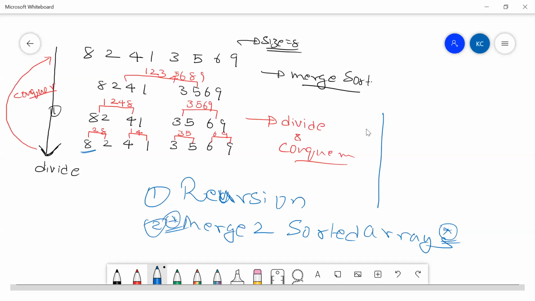For example, let's say I have two arrays. You need to write a method merge, and it has two input arrays, ARR1 and ARR2. You need to write some code over here and return me an integer array again. This integer array should be merged. What is the condition? ARR1 and ARR2 both are sorted.